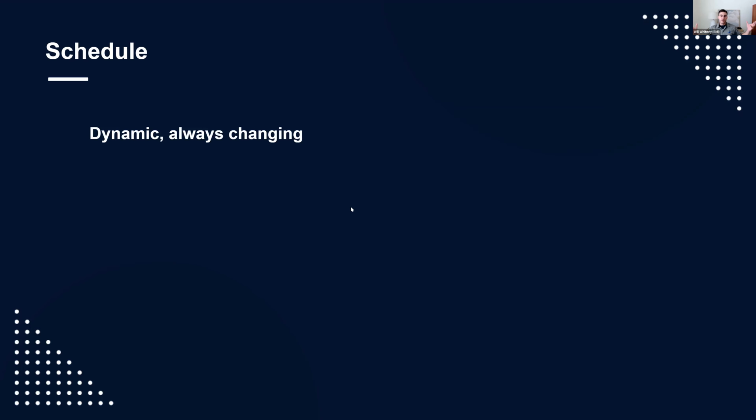So the timeline for your project, in our world, it's dynamic. It's always changing depending on what kind of projects we have in-house, what projects are coming up, which ones are finishing. Did they finish earlier? Are they taking longer? What new stuff's coming in? When does that client need it done? So it's always changing, but we will attempt to give you a pretty solid range of when we think your